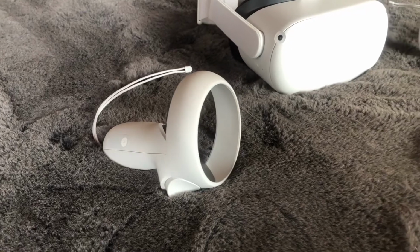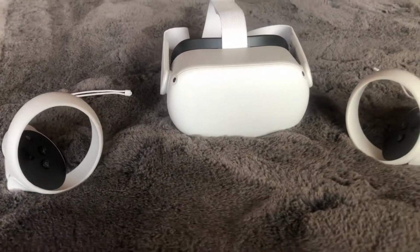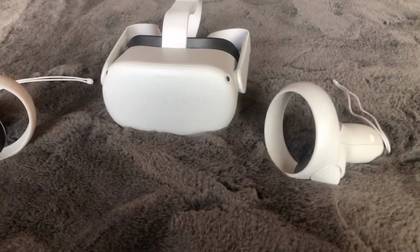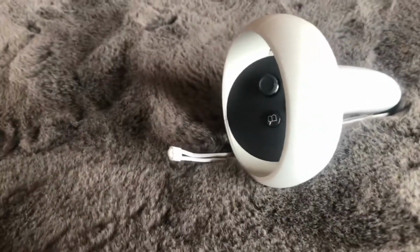The Oculus Quest 2. It's sleek, compact and affordable, but should you buy it? In this video we'll be going over the pros and cons of the Oculus Quest 2. First of all, let's look at the biggest strength of the Quest 2 in my opinion, and that is the